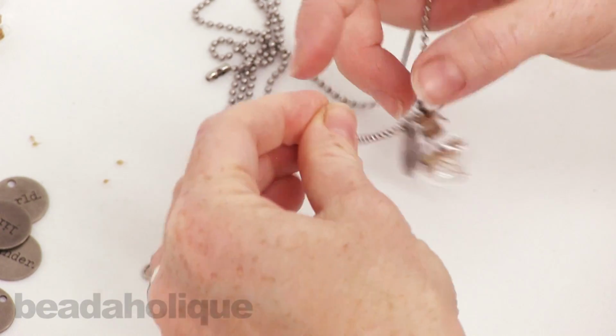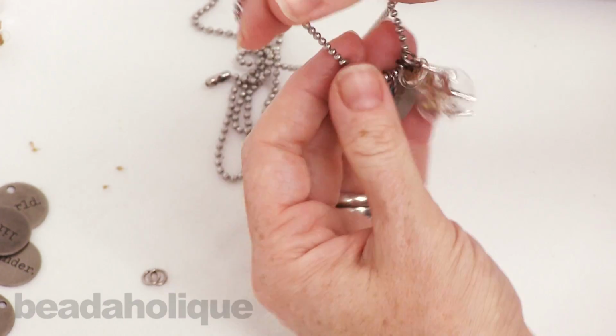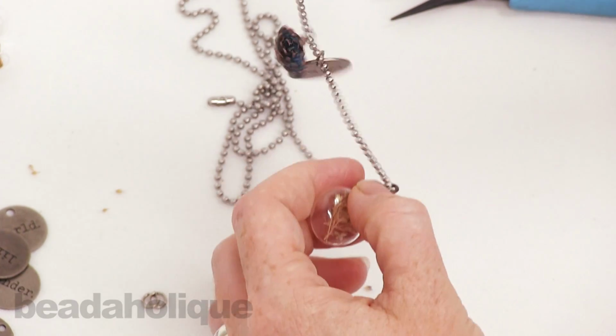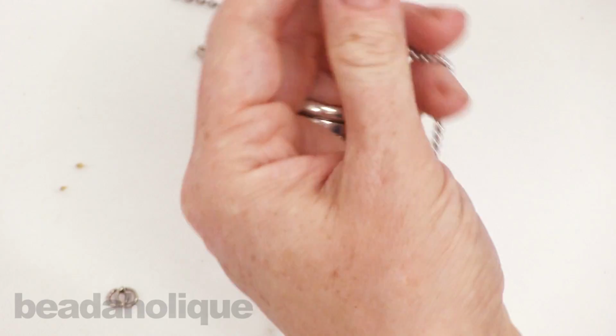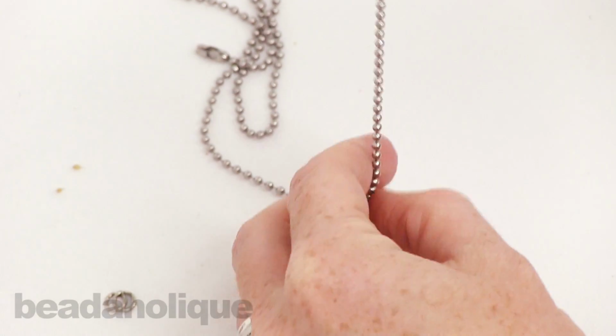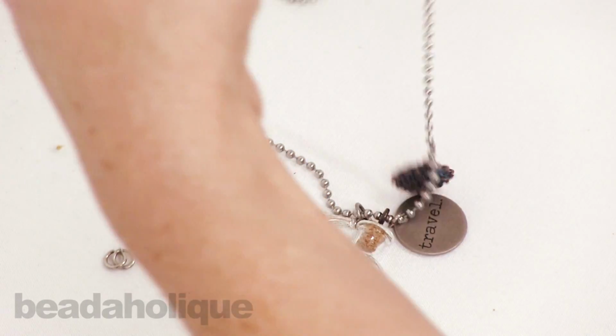Okay, they are all on. They're all facing forward. So this is what we've got. I'll just slide them down towards the center. This is a nice long ball chain, so it'll hang down